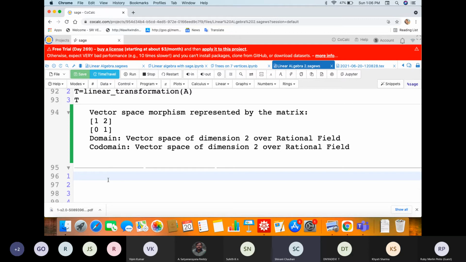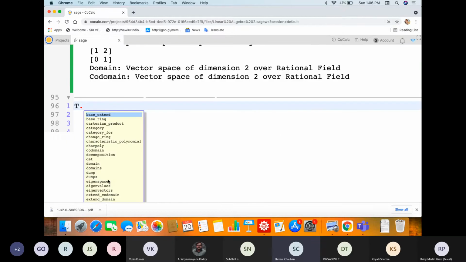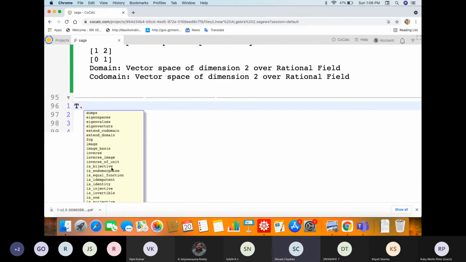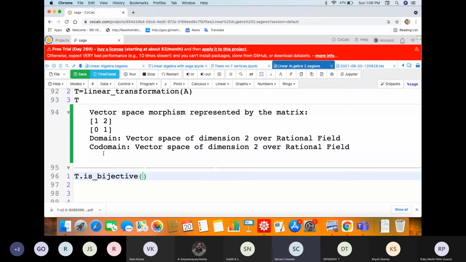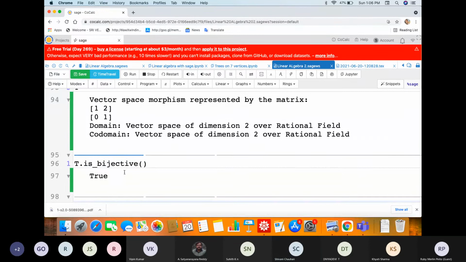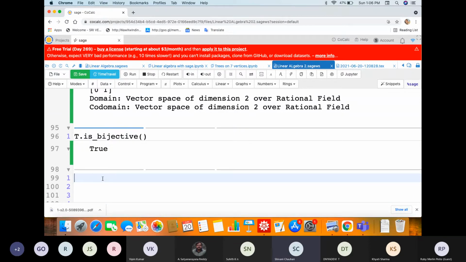Now again, anything you want to find related to your transformation, you have to use t dot tab. And here, if you want to know whether this transformation is bijective or not, you can do it like this.